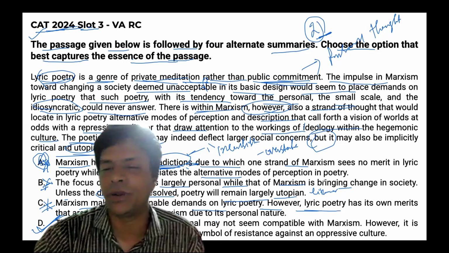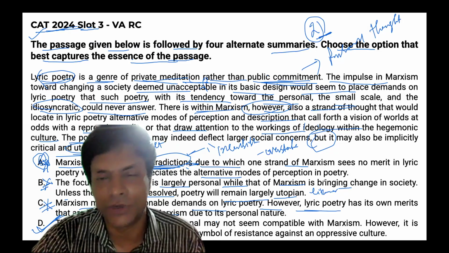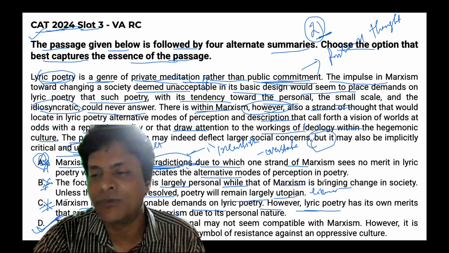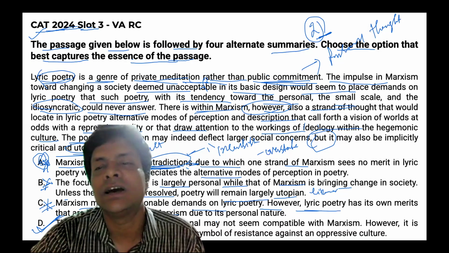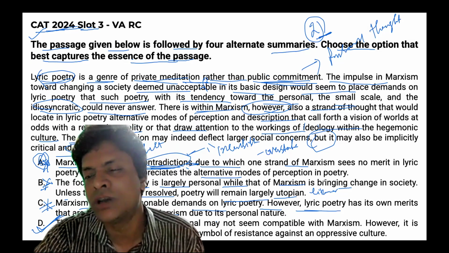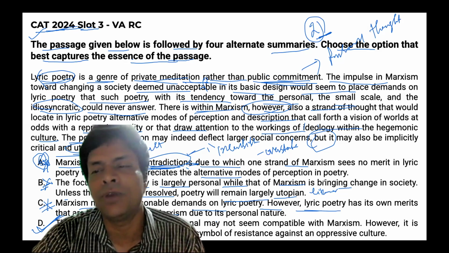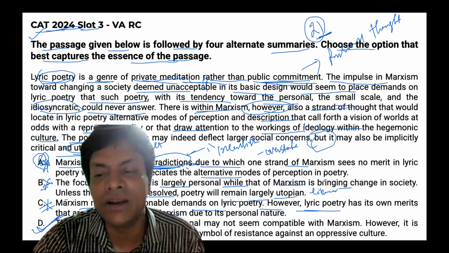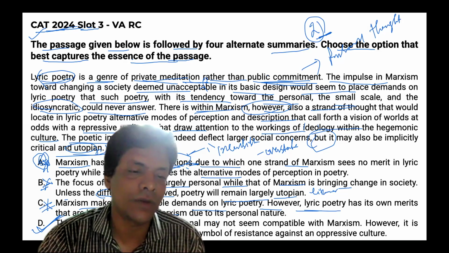D is the most appropriate choice. The first part reflects that lyric poetry's personal nature may seem at odds with Marxism's social goals. The second part perfectly matches the passage's idea that poetry can still offer new perception and challenge a repressive reality or dominant culture. It captures both the apparent incompatibility and the underlying possibility for poetry to be powerful in a subtle way. So this is correct because it mirrors the passage's balanced view, right? Hence the answer should be option D,